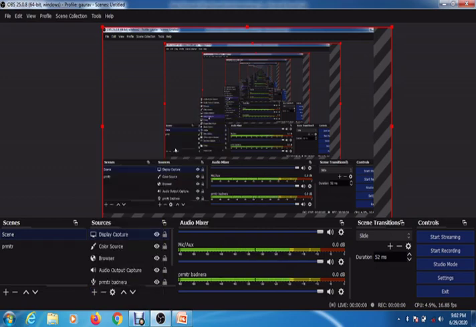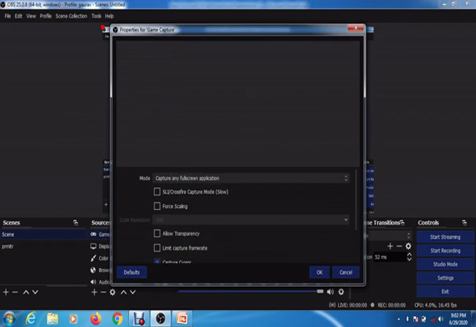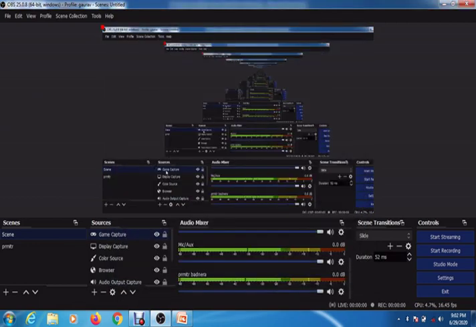Now the next is the game capture. This game capture is meant for gaming purposes. We are not much concerned with the gaming part now, so we will not see this game capture in detail. You can see different options are there. Whoever is interested in playing games, or if you want to capture any games in OBS Studio, you can use it with the help of game capture. We will not go into much detail with it, and I'm just clicking on this OK. So the source has been added with this game capture now.